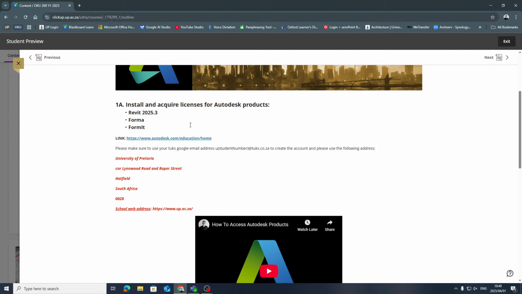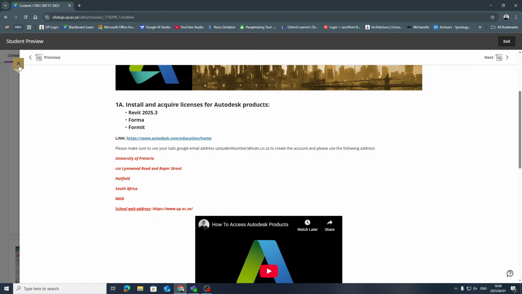For those of you still using Formit, you can still keep using it, because there's some nice workflows that I can show you for how to plug the stuff into Revit, for example, and I would like to demonstrate that today. I want to explain why you would want to use Formit, for example. Now, what I'm about to show you in Revit applies to ArchiCAD. You end up with the same problem.